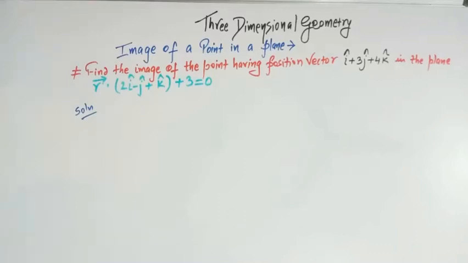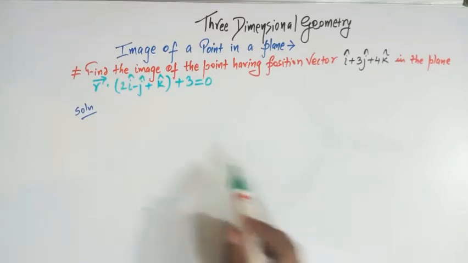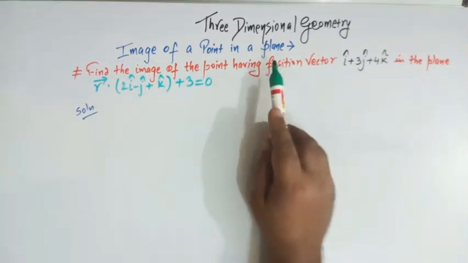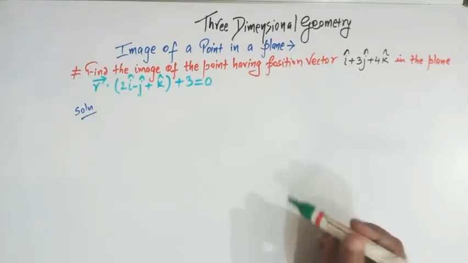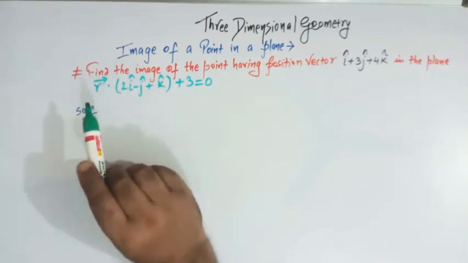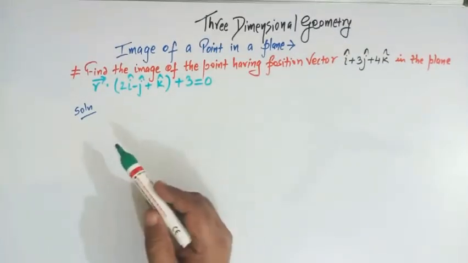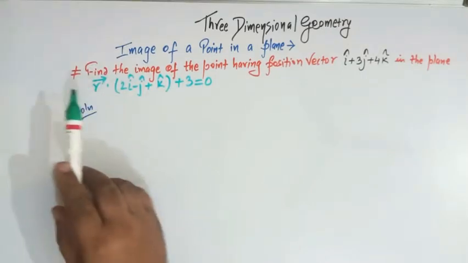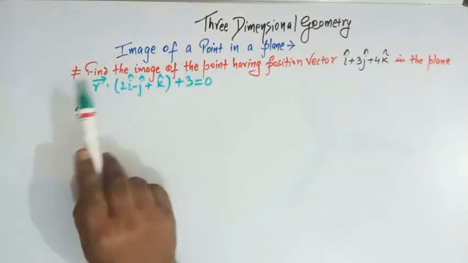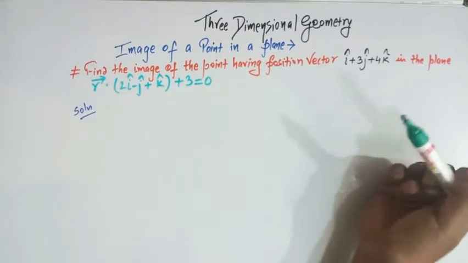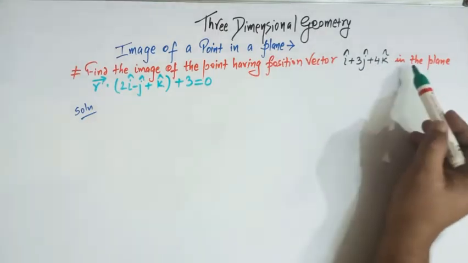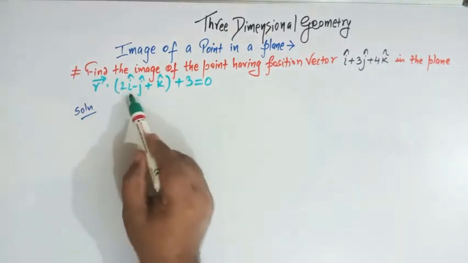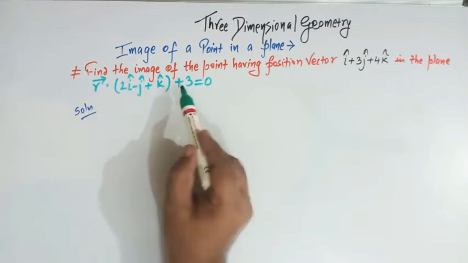Hello viewers, in today's class we are going to solve some questions on image of a point in a plane. So the topic of this lecture is to find the image of a point when the equation of a plane is given. So here we have to find the image of the point having position vector i cap plus 3j cap plus 4k cap in the plane r dot (2i cap minus j cap plus k cap) plus 3 equal